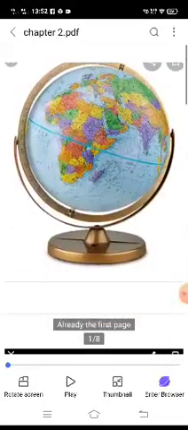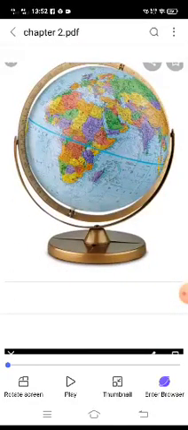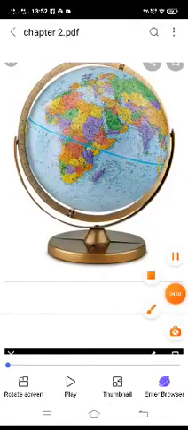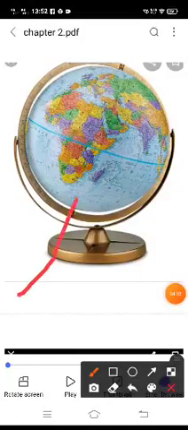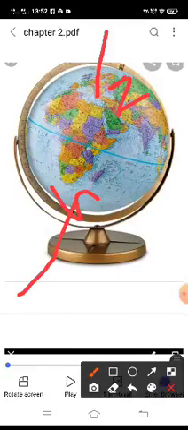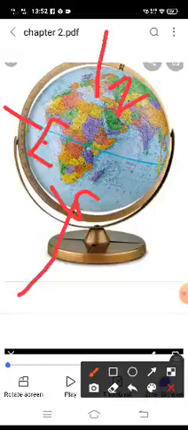Here in this picture you are able to see 1 degree latitude is approximately 111 kilometers. This is how we are able to locate the continents in this map. Hope you are able to understand, beta, the difference between latitude and longitude, and what the northern hemisphere and the southern hemisphere are. This is the southern hemisphere, this is the northern hemisphere, and this is the equator.